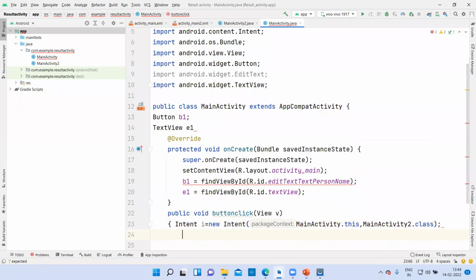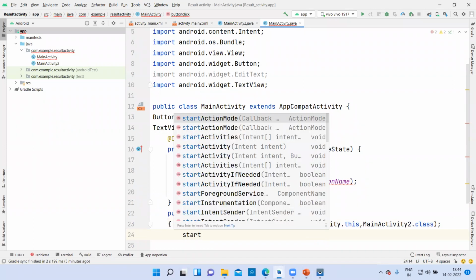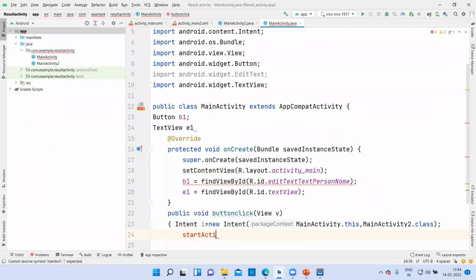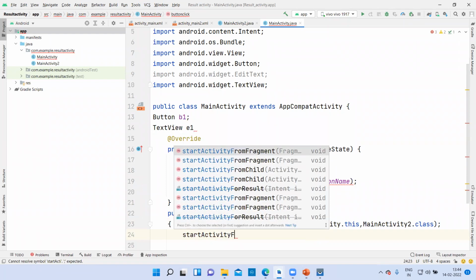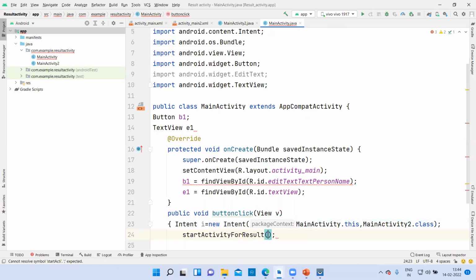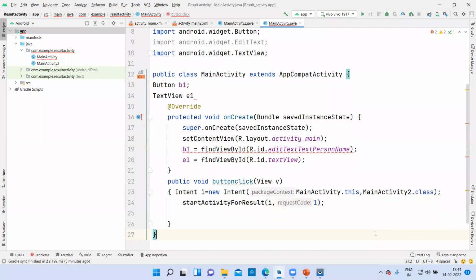That's it. Now you will send the intent along with the request code. I told you it is for the identification. So you will call this method start activity for result. Then you will pass the object of intent, comma request code, which would be 1.